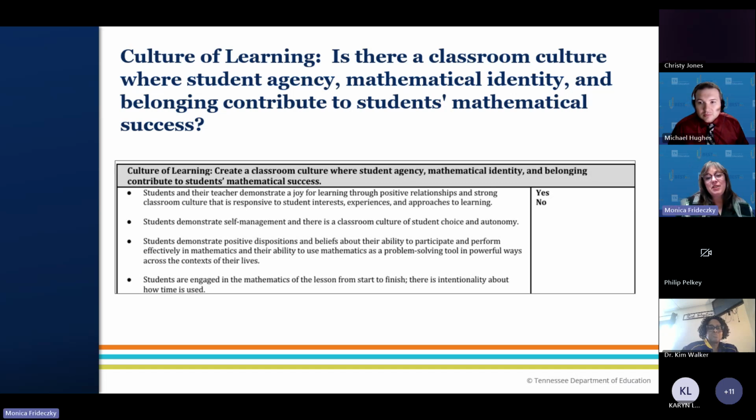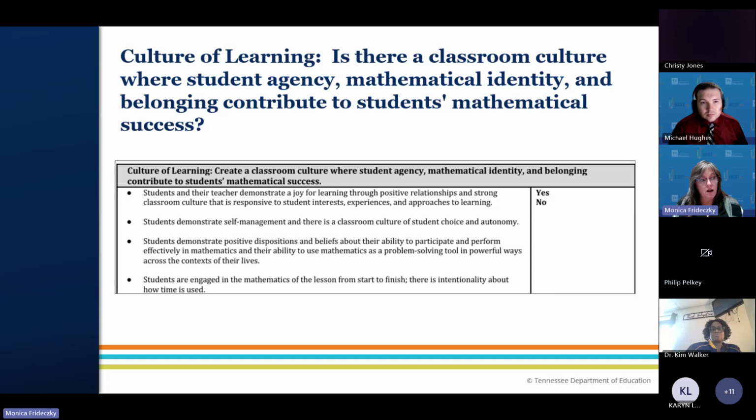Yeah. So here are some things you might hear that would indicate a need for improvement in the culture of learning. Sometimes that's easier to identify than this elusive joy for learning mathematics. It's almost easier to describe what it does not look like than what it does look like, especially starting out. So there would not be a culture of developing students' positive mathematical identities if it is not expected that all students